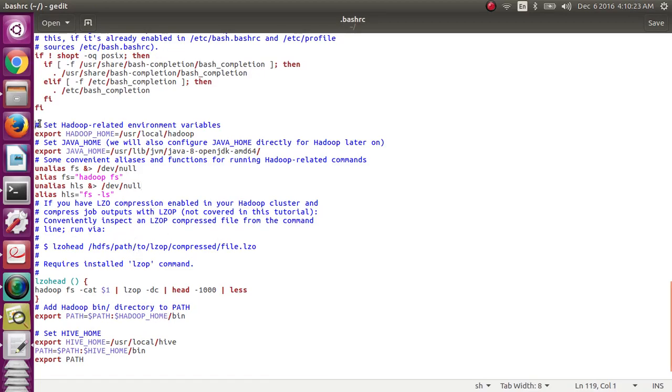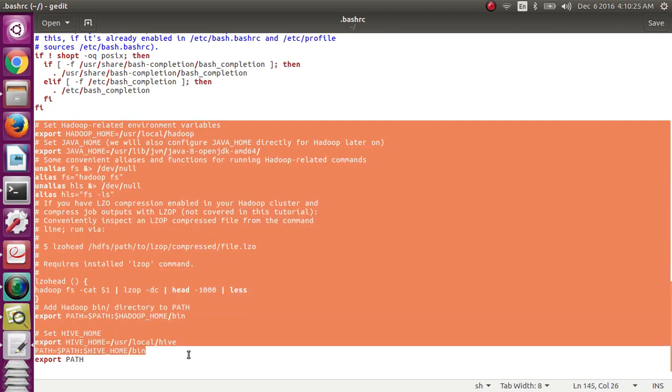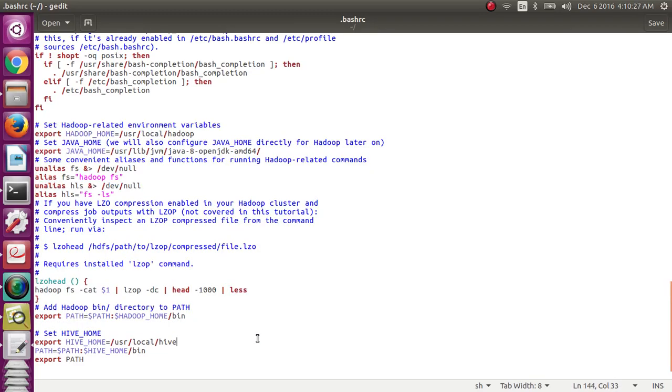So paste here. Now it is successfully pasted, and I have copied export Hadoop home, user, local, Hadoop, and in the .bashrc file you need to set the path also.